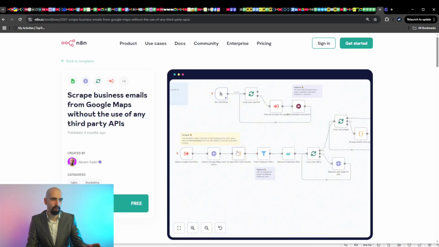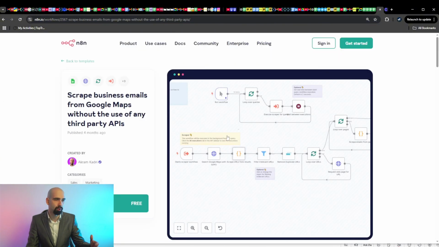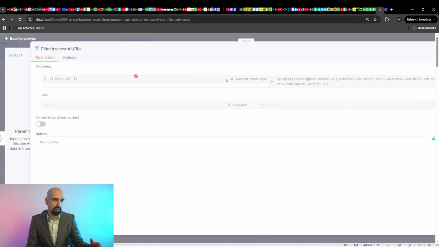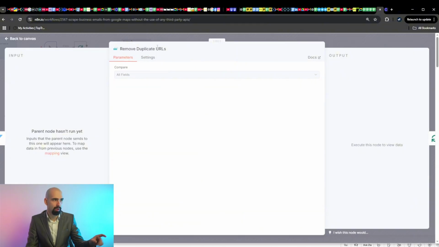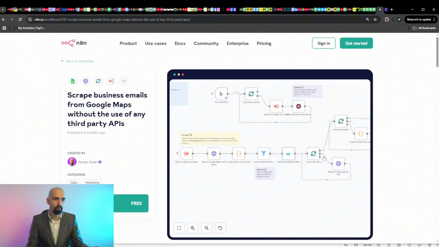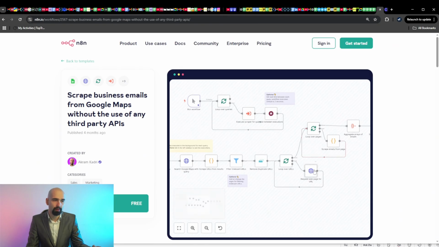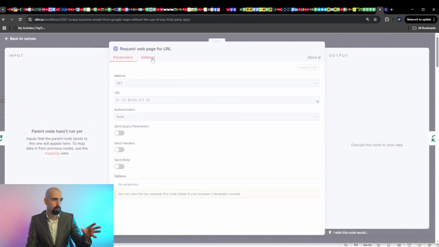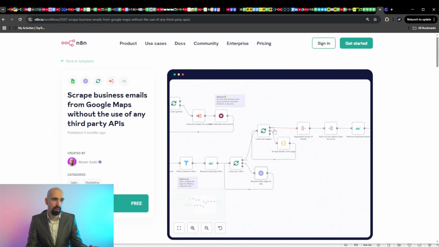Then he makes some modifications with the URL. Yes, we can see that there is a regex. He makes some modifications, then filters these URLs again according to the regex that he wrote, and removes duplicate URLs. It's also very important to avoid duplicates. And then he makes a loop for each request, making a request again for each URL and receiving emails. Then the final data he pushed there,